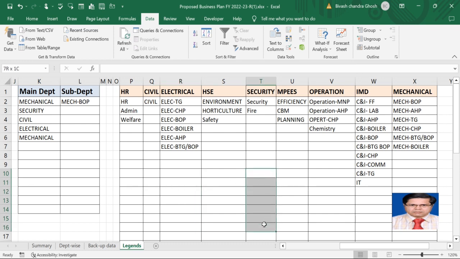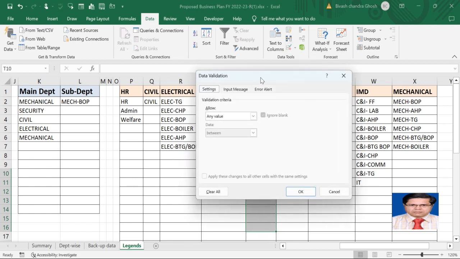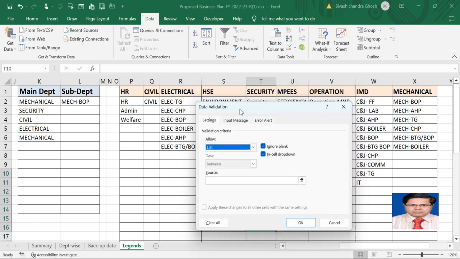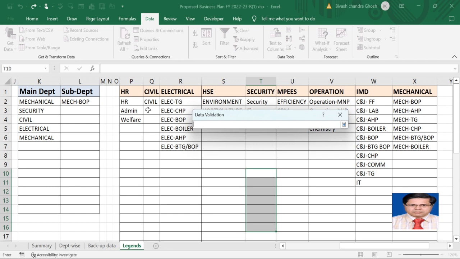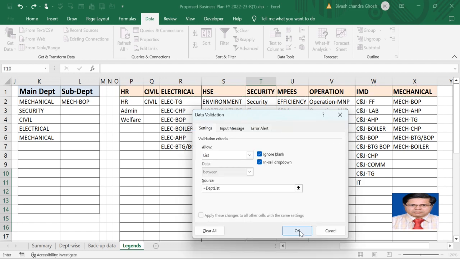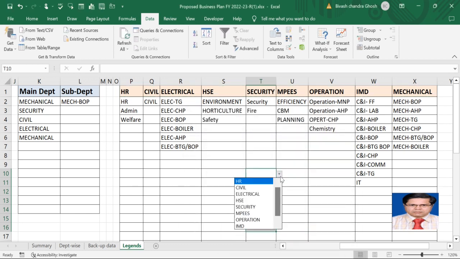Or you can do it this way: go to data tab, data validation, list, then select all the main departments here. So if I do this, the department list will be displayed, and we can select from there